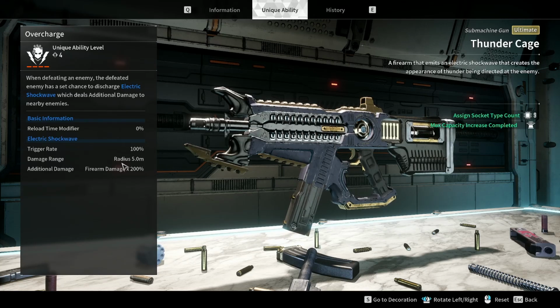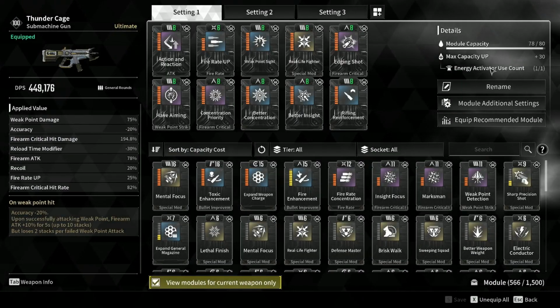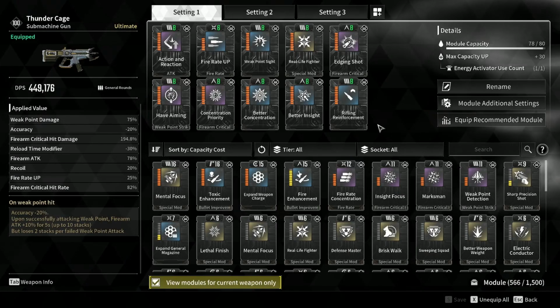The damage radius goes up to 5 meters. The additional damage is times 200. It's just absolutely worth it. Definitely farm some more because it's a pretty easy farm. It's not an annoying one. Definitely worth it. Obviously, I've socketed it out with an energy activator,